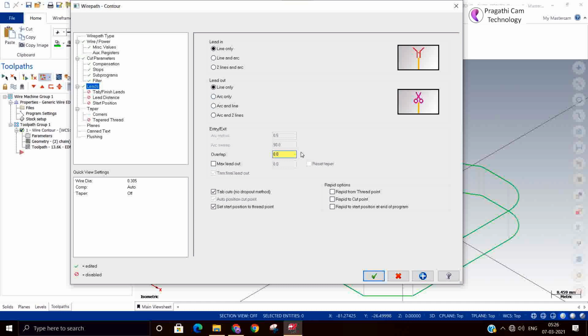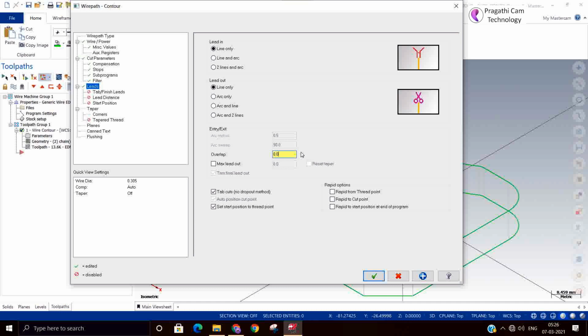The next is the overlap. What is overlap? Suppose you are cutting a profile and entering and exiting at the same position; there may be chances of a wire mark there.